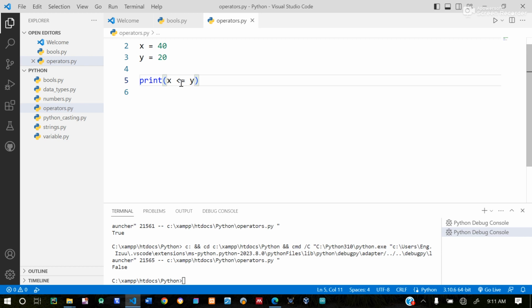Okay, so next we look at logical operations. Logical operations are used to combine conditional statements. Okay, there are two things we want to check. Now let's look at an example. There are three logical operators that we have. We have the AND, we have the OR, and we have the NOT. Okay, so if we are checking, for instance,